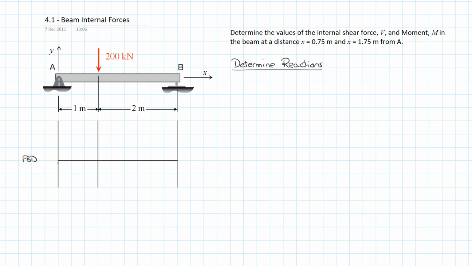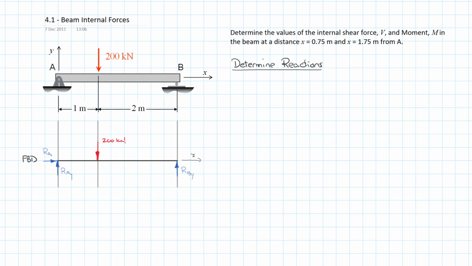Okay, so working left to right, we have, of course, reaction forces at A. We have a vertical and a horizontal. And we have a vertical reaction force at the roller at B. And so we can label those reaction A X direction, reaction A Y direction, reaction B Y direction. I should put in my x-axis here as that's important, although it is in the original drawing. And then we have our externally applied force of 200 kilonewtons at the